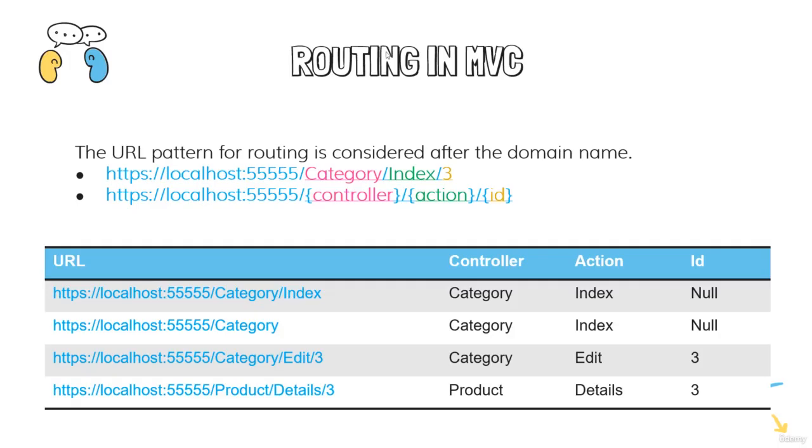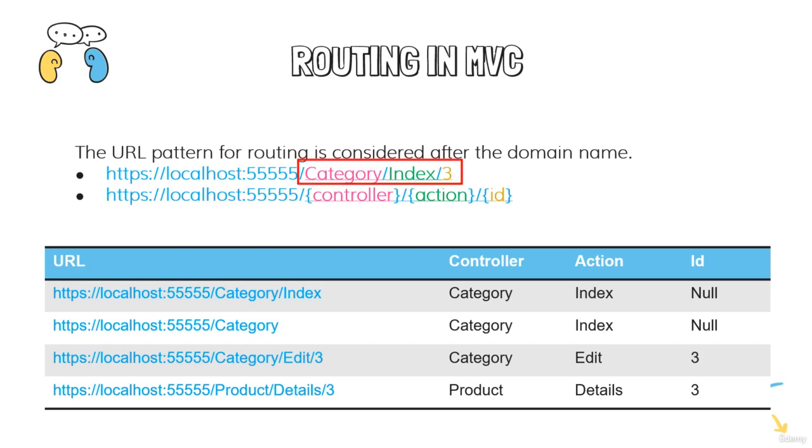Before we see routing in action, let's see routing with some examples. You can see here we have a general pattern of routing. The first thing highlighted in blue here is the domain of the URL. When we run on the local computer, you will have a localhost and a port number. Whatever is after that port number will be the route that we want to use when we are calling a